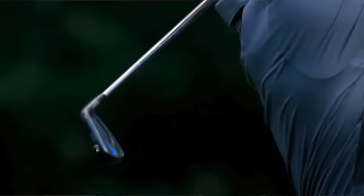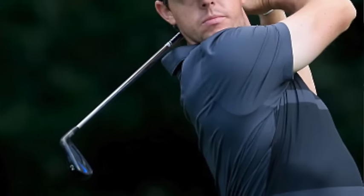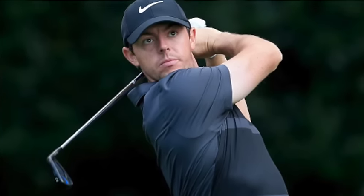It goes miles. It goes so far. It's a great club in the wind. The ball blade is really stable. I tested it with Nike a couple of weeks ago and thought it would be perfect for the likes of